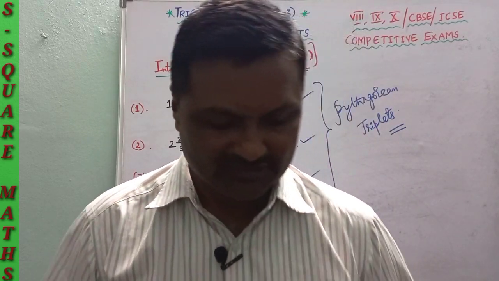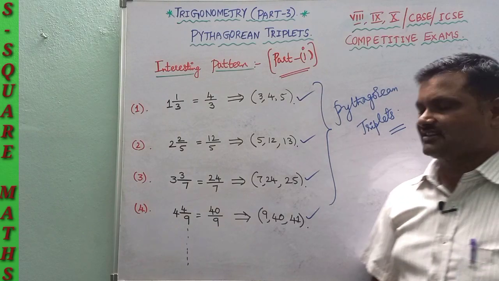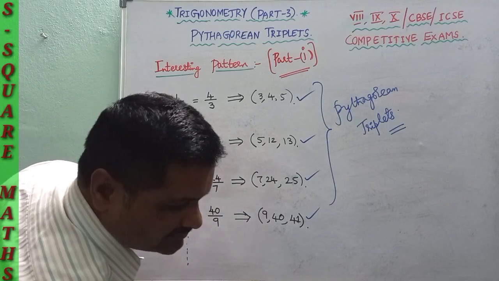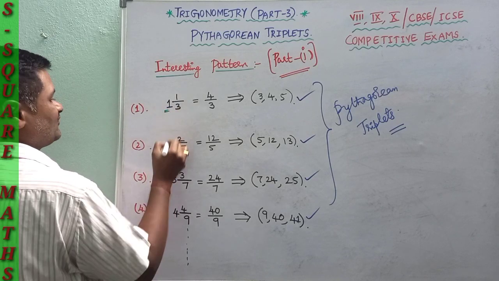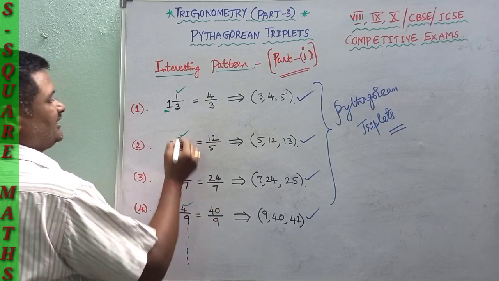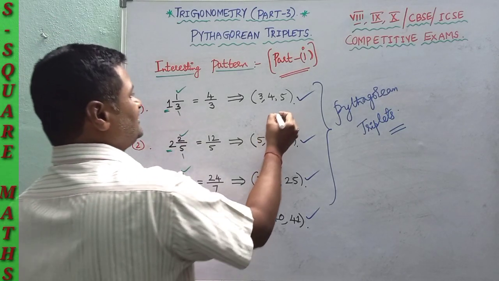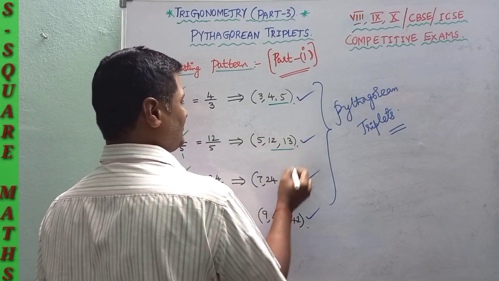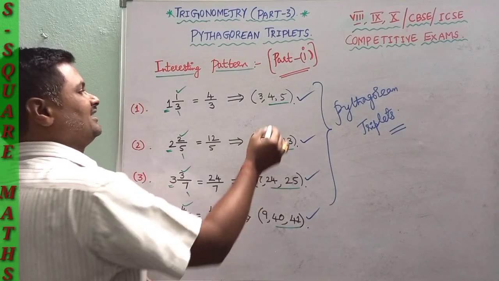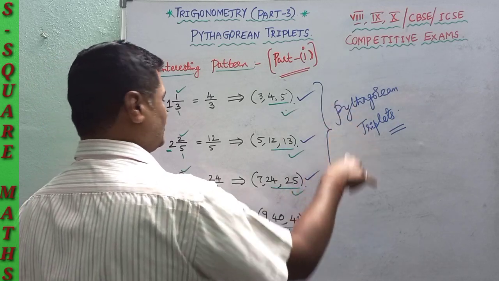Once you have the total look, explaining once again, just write here 1, 2, 3, 4, this 1, 2, 3, 4. Later you write down again 1, 2, 3, 4. Next 3, 5, 7, 9, odd numbers. Later you simplify. Immediately 4 and 5, immediately 5, 12, 13, immediately 24, 25, and immediately 40, 41. So finally all these are nothing but Pythagorean triplets.